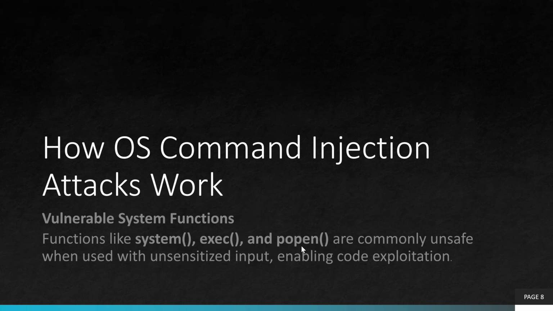Process open, or pipe open, is like the Python functions that I'm using on my system, where you can run multiple operating system commands in a stream. You could do that same thing with a for loop within a system or process open, and then chain them together and pass them on with a semicolon or something. There are a lot of methods to hack a site that is not detecting